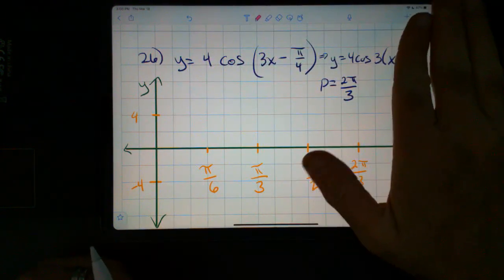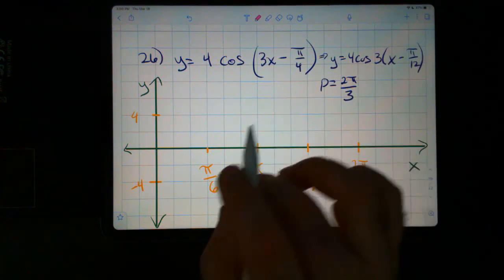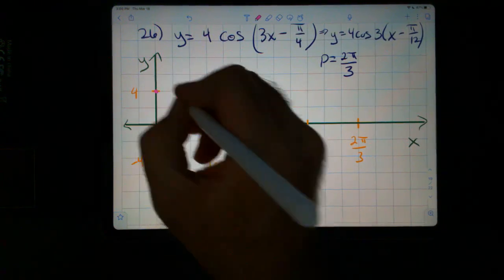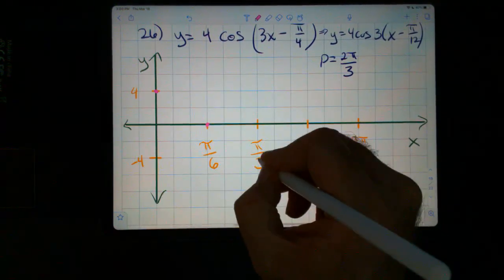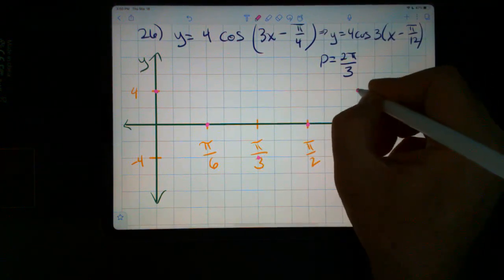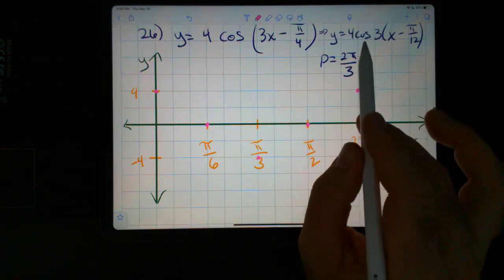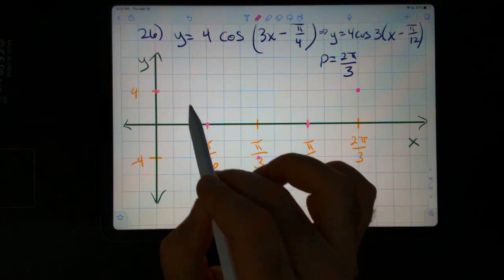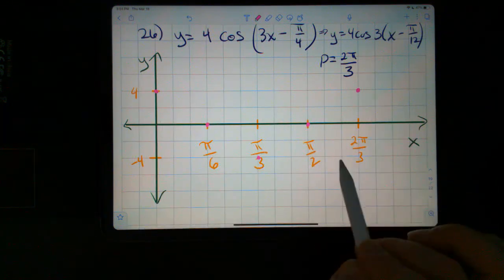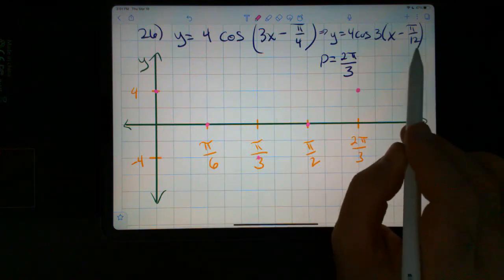So ignoring the phase shift for just a moment, 4 cosine of 3x is going to give us this basic shape of the cosine function. Okay, cosine is periodic, so it does not have a beginning or an end, but it's going to follow this pattern right here. Because this is the period, this is the amplitude,